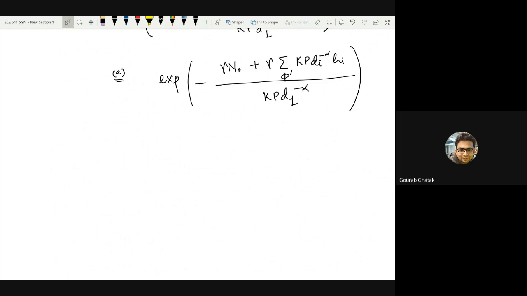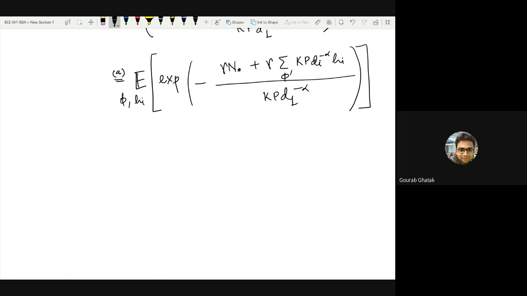Yes, no? Of course not, because there are many random variables still remaining inside. For example, D1, all DIs, all HIs. So you have to take an expectation with respect to these things. This expectation is with respect to not only phi dash, but also D1. So D1 and phi dash together form phi. So let's call them phi. It is also with respect to all the HIs,